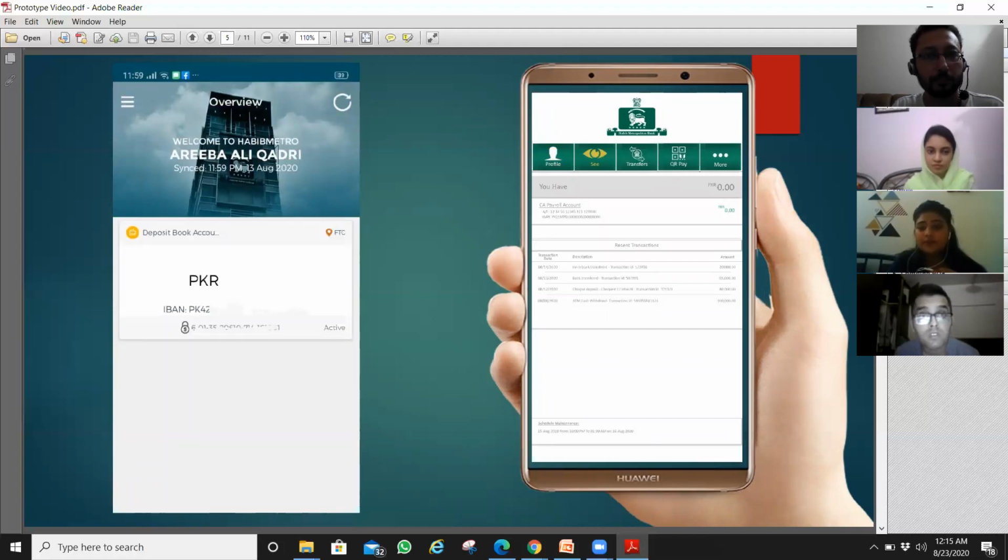In this image, you are logged into the app. The left image shows the recent app, which shows balance, IBAN number, and account number. What we have suggested here is that it shows current balance, IBAN number, account number, and four recent transactions that you have done in the past. And also at the bottom, it shows the scheduled payments that you have appointed for yourself. It also shows the strip for other options like QR payments, transfers, and profile.